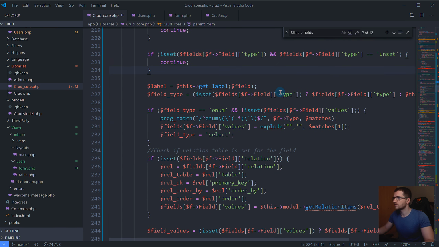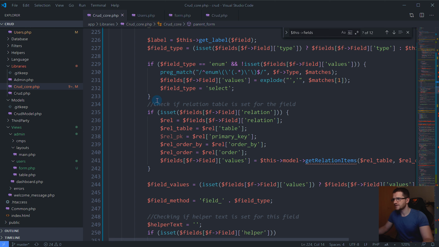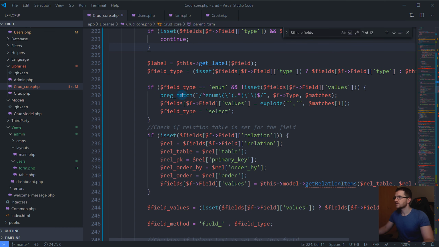Now, from there on, we are running all sorts of tests. For example, here we want to define, so we are getting the label based on our field options, and now we are defining the field type. So if the field type